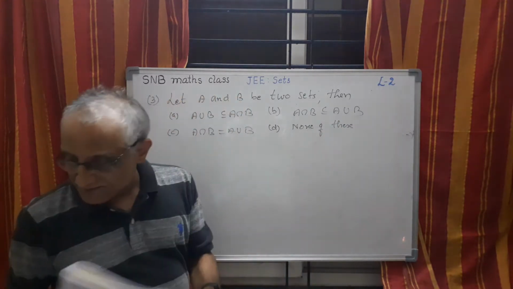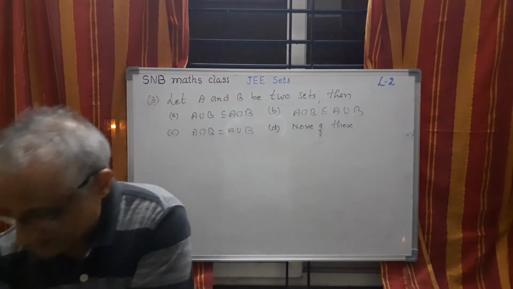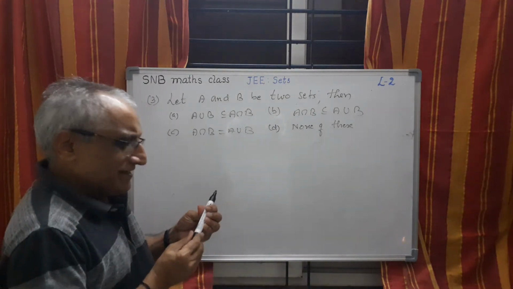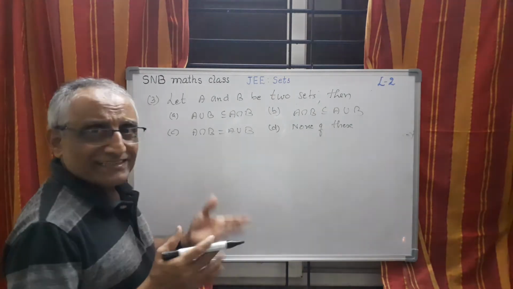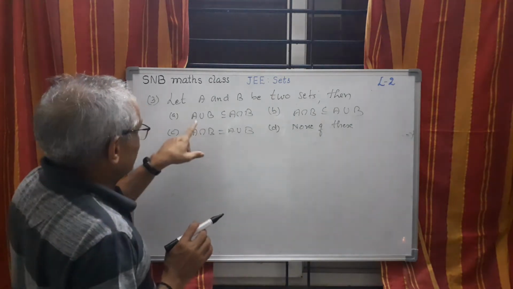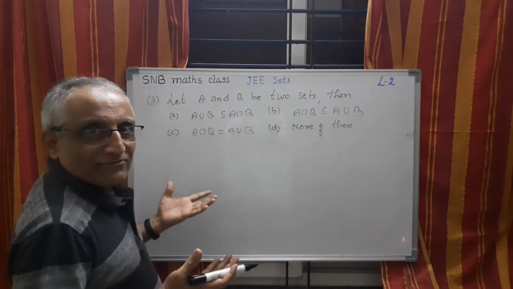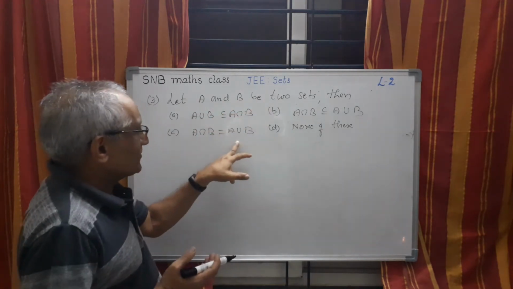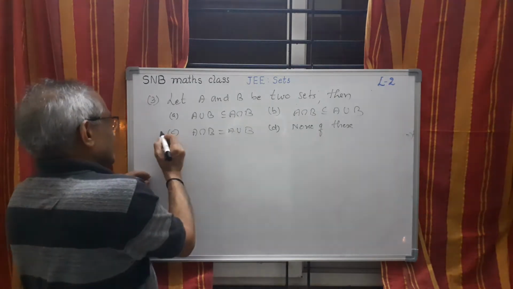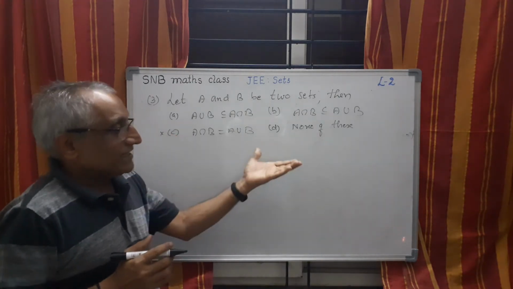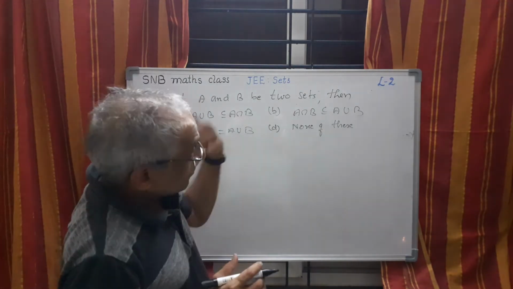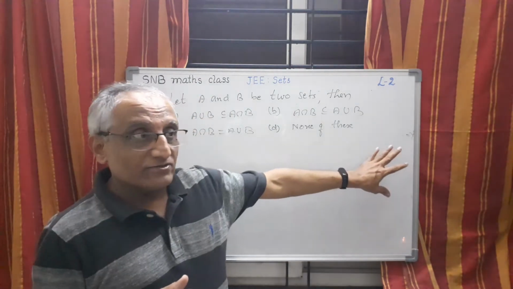See, sometimes when the examiner sets the question paper, they are not able to get suitable alternates. They take something which is nonsense. For example, you see here, it is very evident that A intersection B for any two sets cannot be equal to A union B. Therefore, definitely you can rule out this one. Of course, as I told you, none of these is sometimes a very dangerous option. Unless all other options are not possible, only then should you think of it.